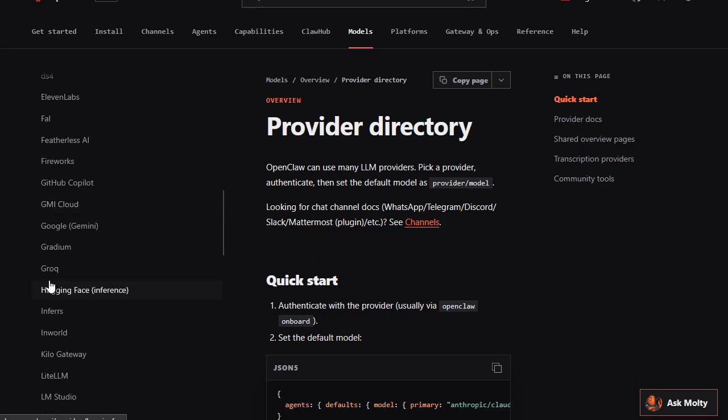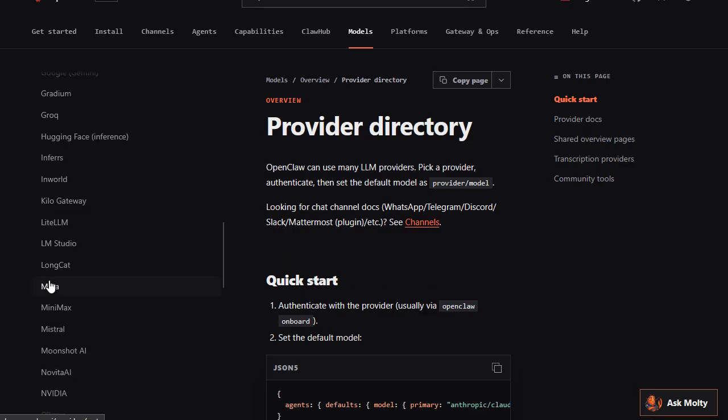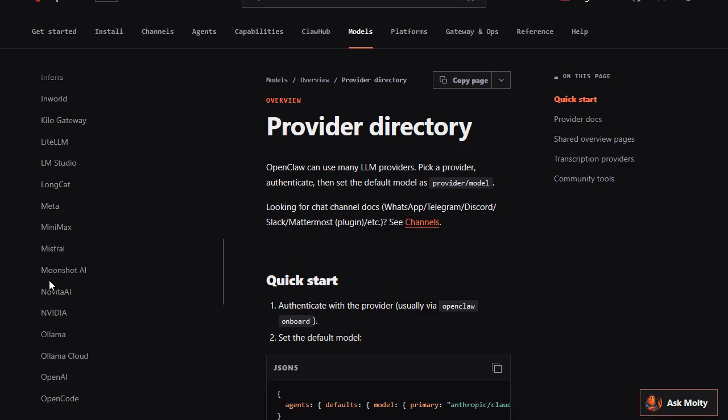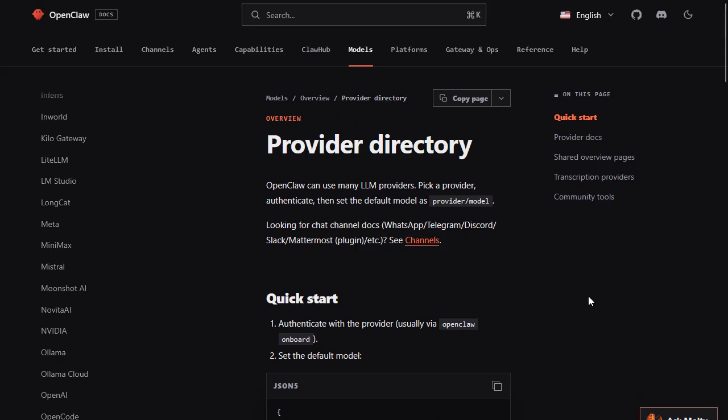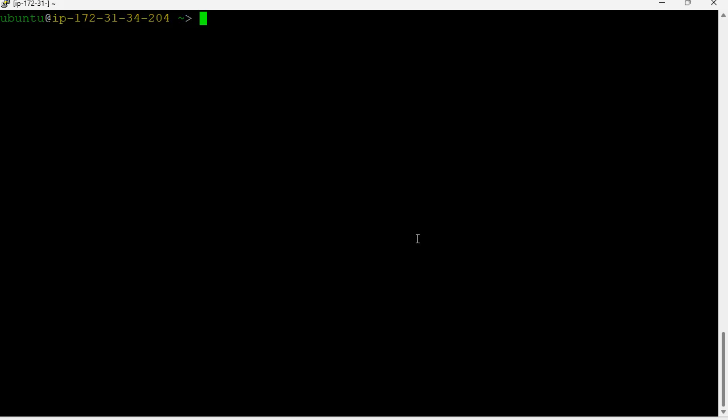Okay. Now let's see how to switch from Ollama to any other provider. So earlier we switched between two models from the same provider. For example, we changed from Qwen 2.5 to Llama 3.1. Since both models belong to the Ollama provider, changing the model was enough. But when you want to switch to an entirely different provider such as OpenAI, you will need to update the provider configuration first. Okay, so to do that, run openclaw onboard, press enter,